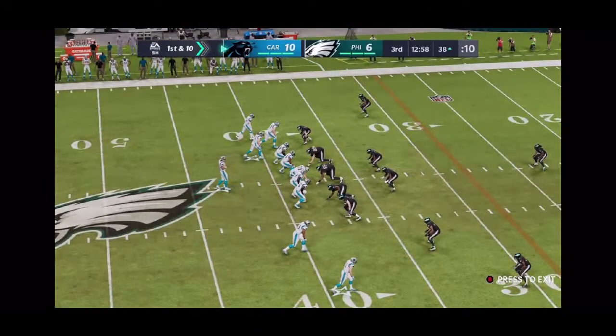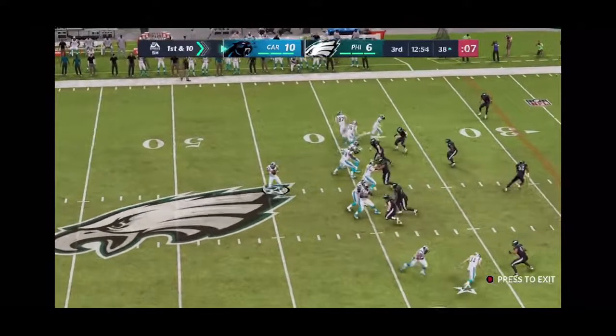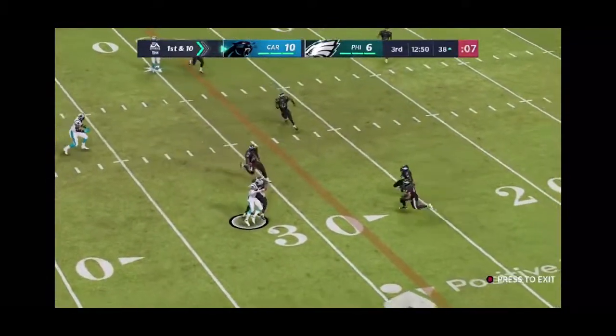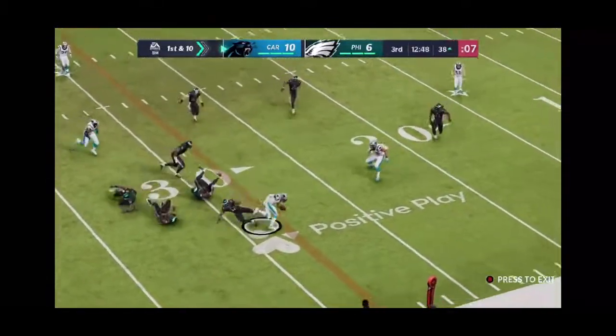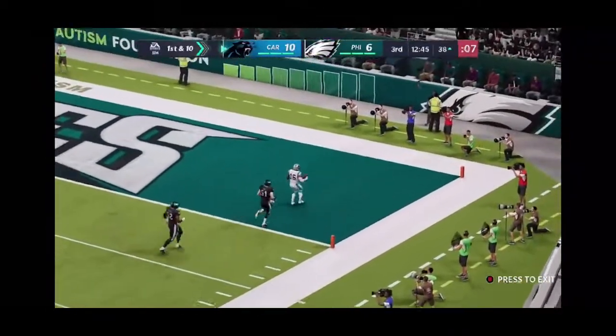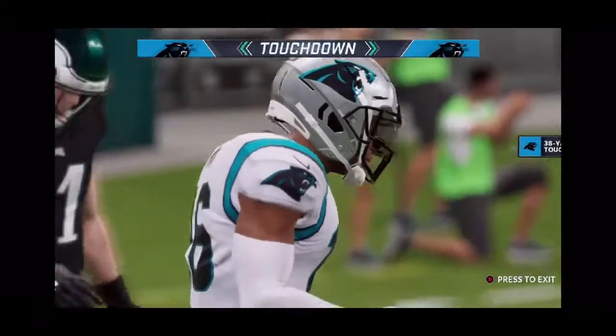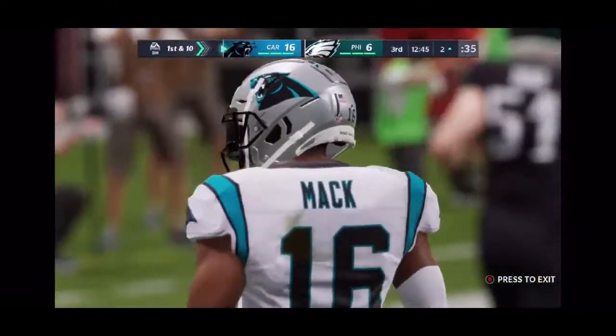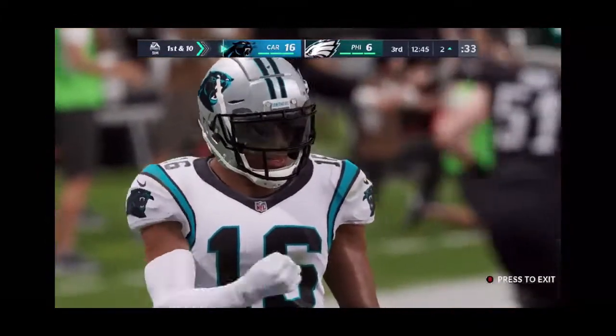So from Philadelphia territory now, here's a 1st and 10 at the 38. Looking to throw. And a quick throw here, that's complete. There he goes, right side. Touchdown, Carolina. And on that one, able to catch it, also able to have the wherewithal to take it in